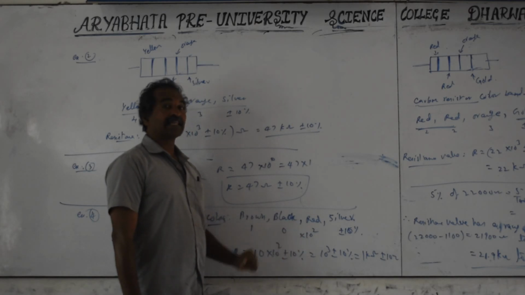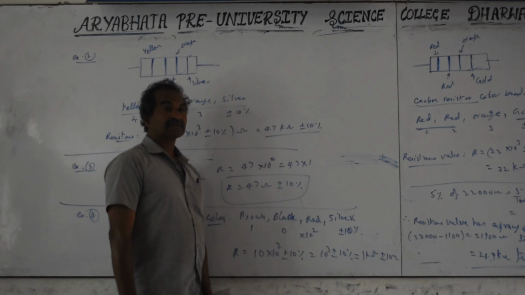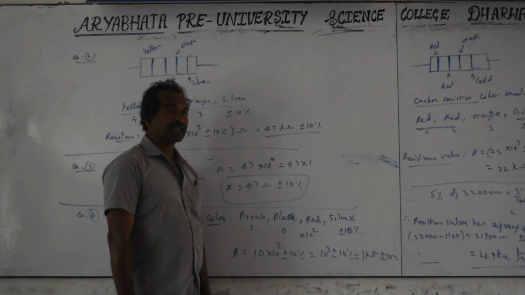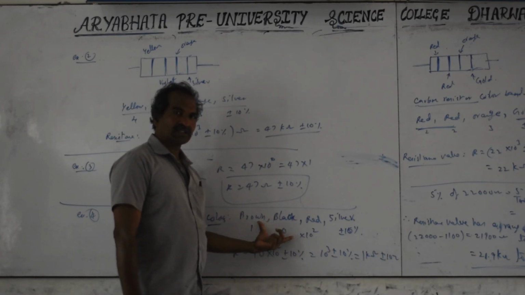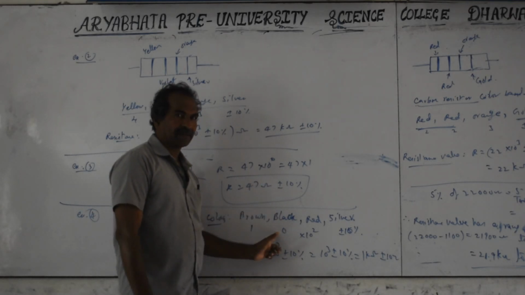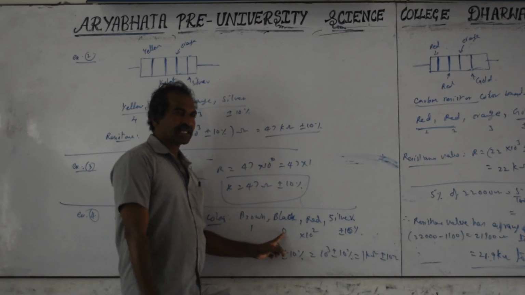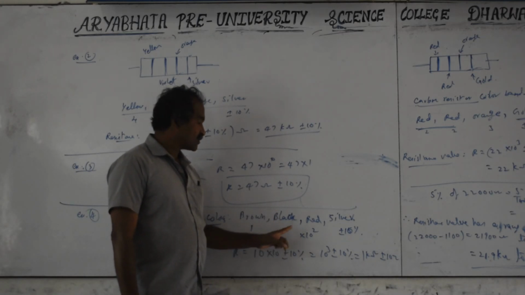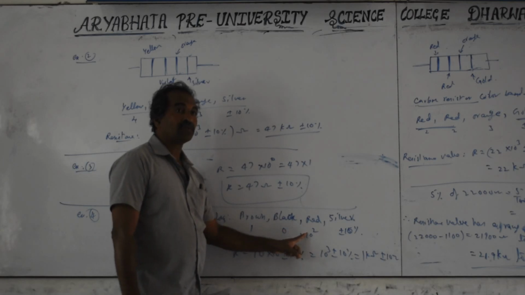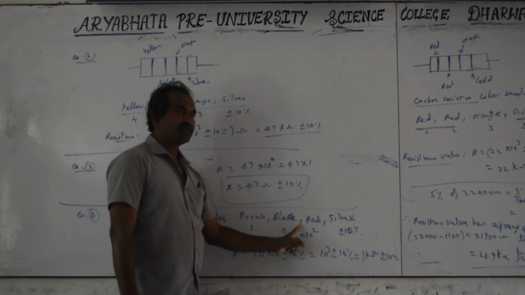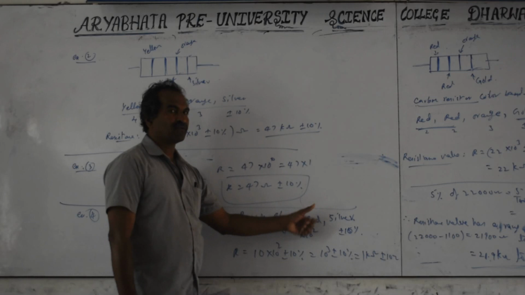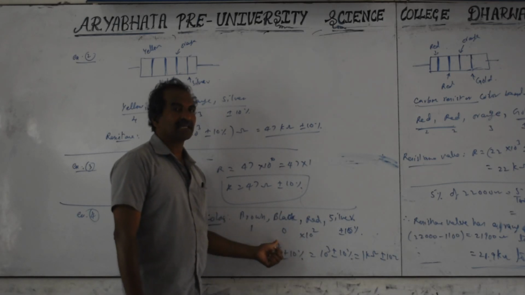Okay, 100K I want. 100 kilo ohms I want. What colors can I take? First is 1, then 0. When the second digit is 0, go for black. So 10. Next, how much is required? 100K means 10 into 10 to the power of 4 is required. Yellow here. If you take yellow here, 10 to the power of 4. From 10 to the power of 4, 1 0 comes here, so it becomes 100 kilo ohms.